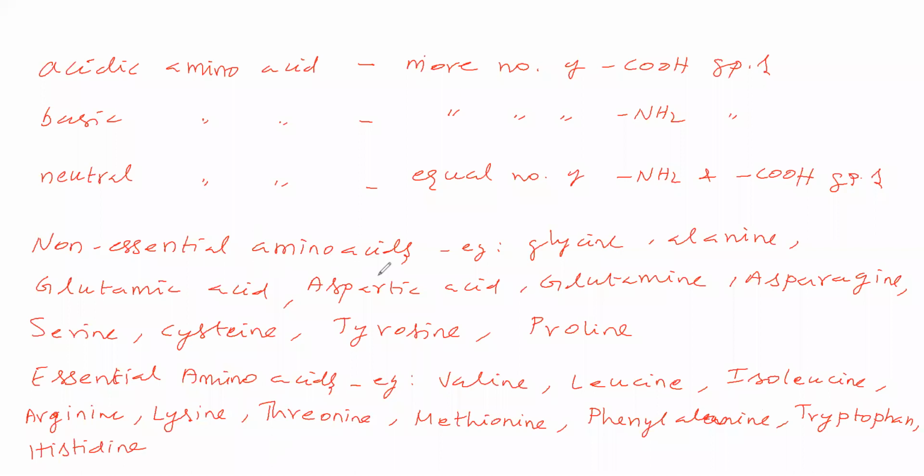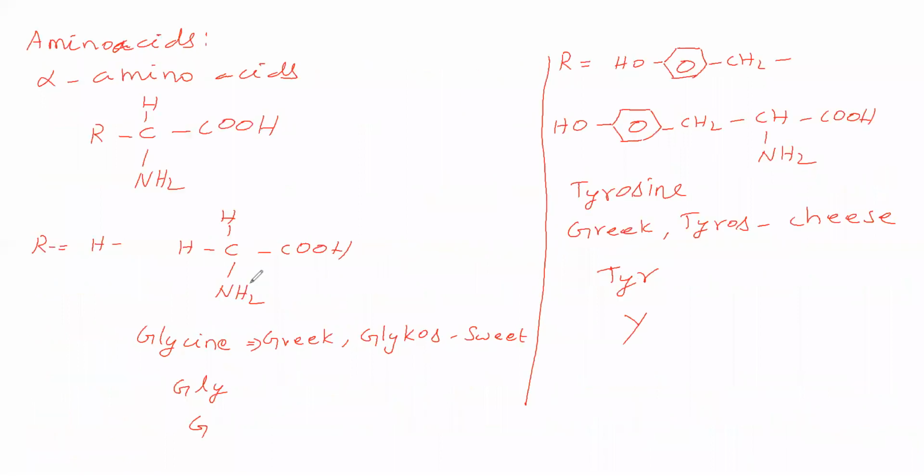Now we will see the necessity of the amino acids. Essential amino acids are not synthesized by the body. If you do not take them, what will happen? It will cause a disease. Next, the alpha amino acids are optically active. Why? Because a chiral carbon is there. If R is not H, it is a chiral carbon, so alpha amino acids are optically active. The exception is glycine, which is not optically active.